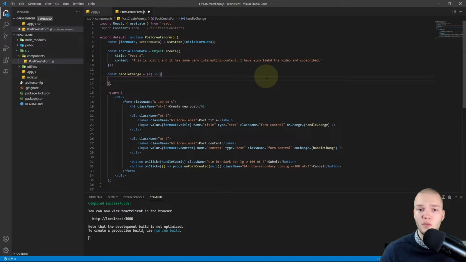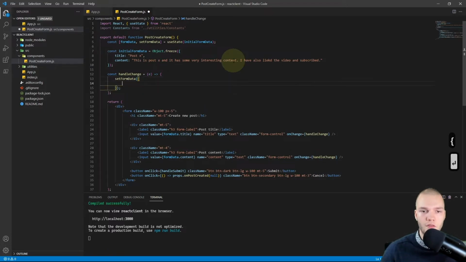And really all we'll call here is setFormData. So we're gonna set our form data to the values the user gave in, right? So in here, I'll add curly braces for an object, and I'll do ...formData,